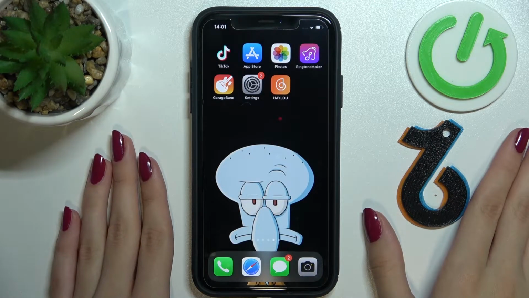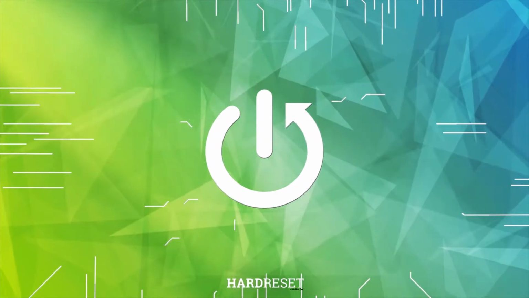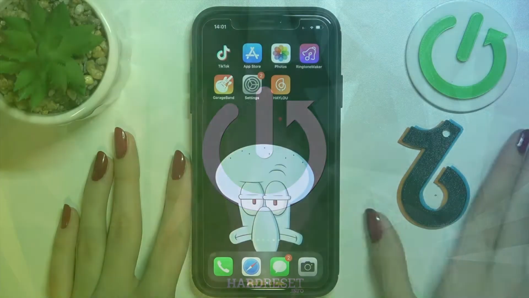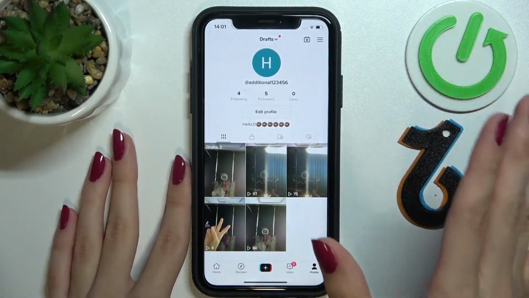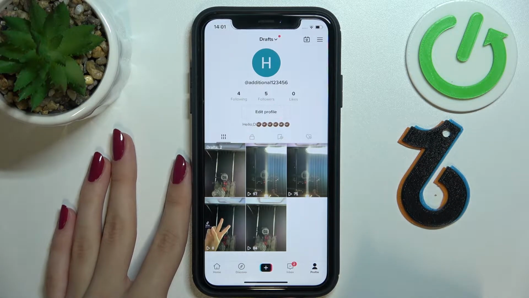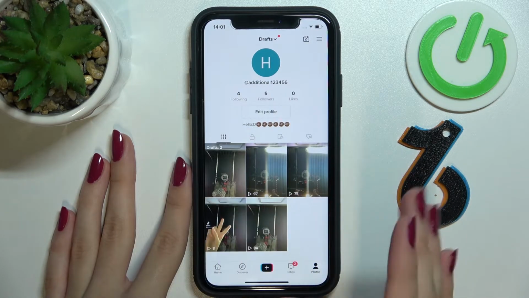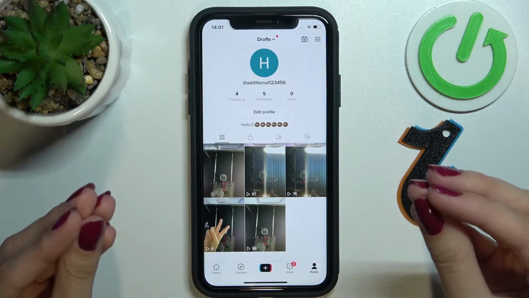So today we will show you how to make collections on TikTok. Let's go to this application and take a minute to look at these collection options. This feature can help you navigate between your saved TikToks. So if you want to create some folders with your saved TikToks and use this collection option,